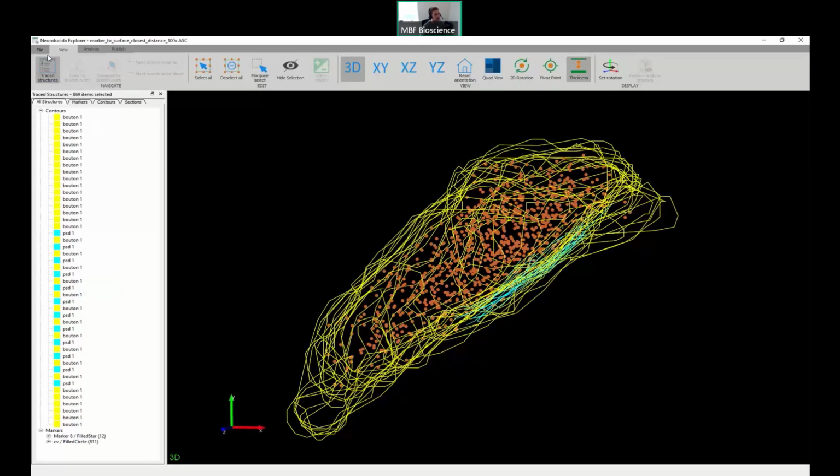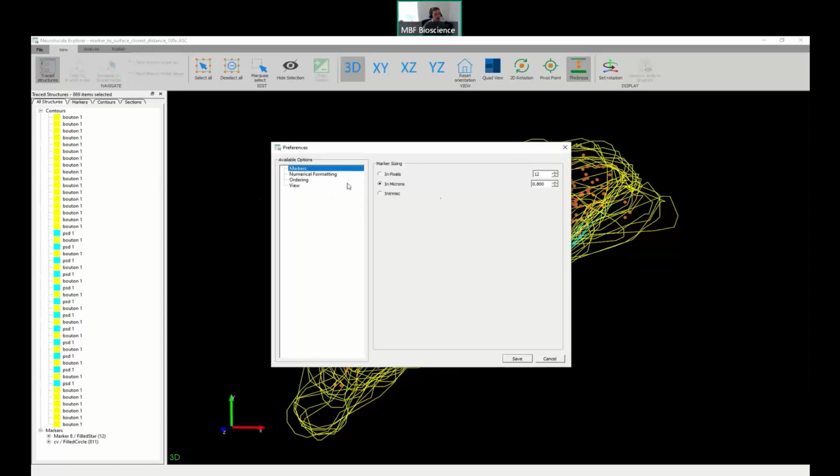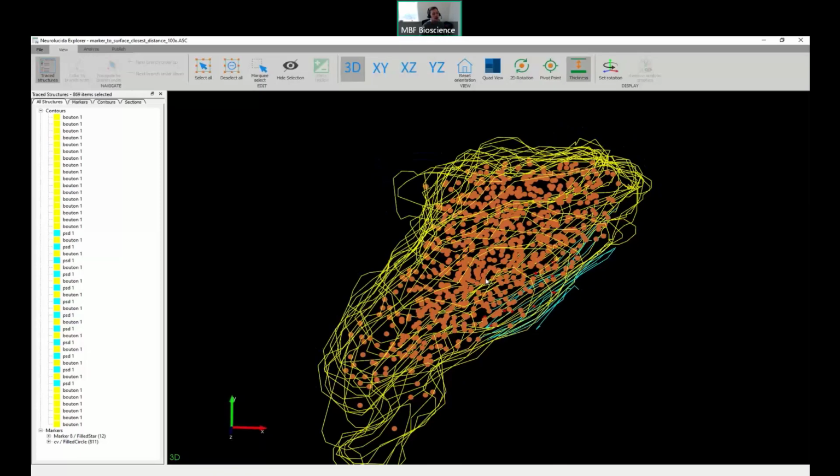One thing that we can do is go to the File and Preference menu, and we can actually look at the markers themselves, and we can see that we can generate the size in microns, in pixels, or intrinsically. Typically when it's set to intrinsic, that's when there would be a difficult time spotting those markers. So if we just increase the marker size, let's say to about 1.3, just giving it a little bit extra size behind it,